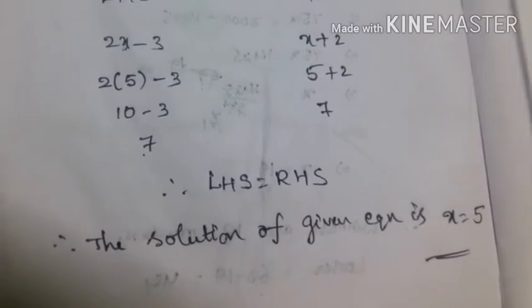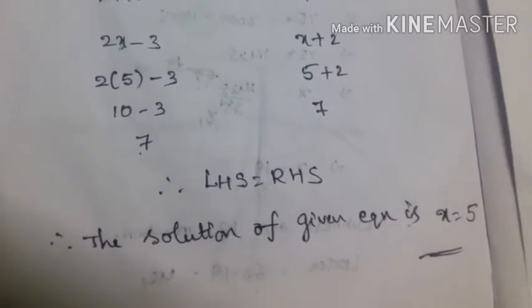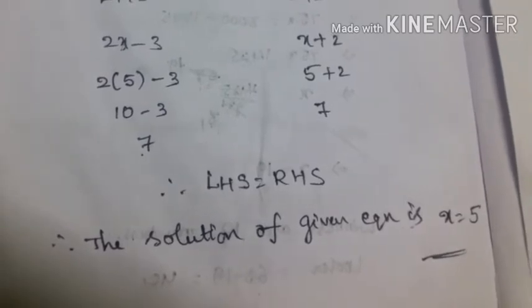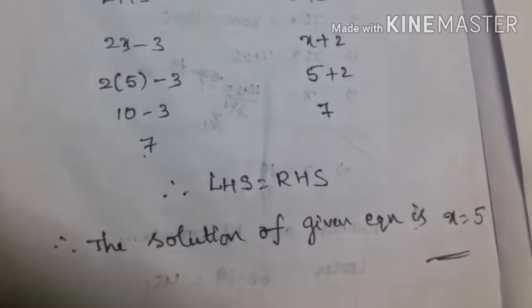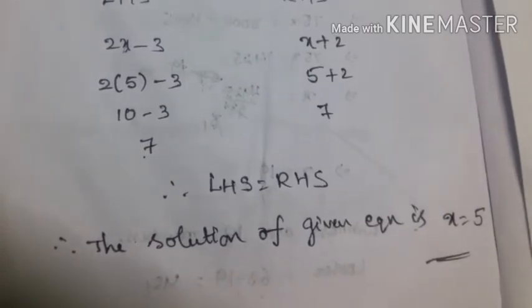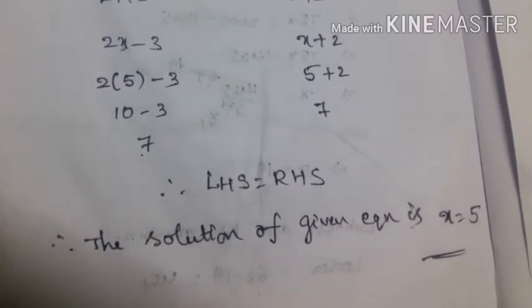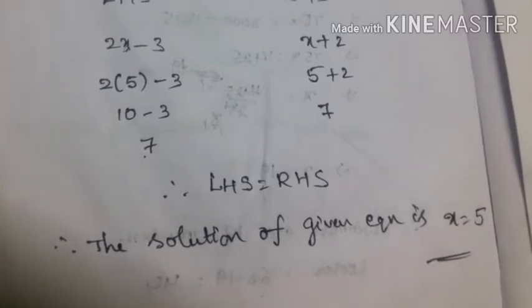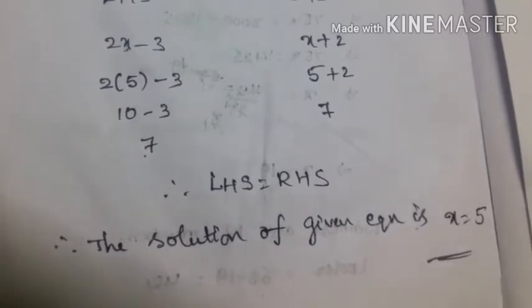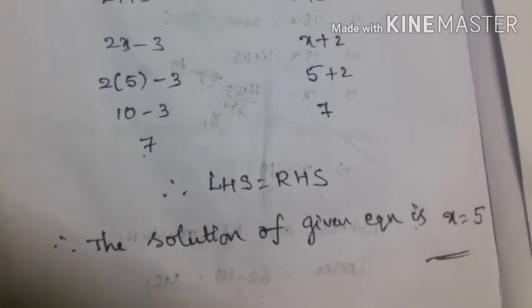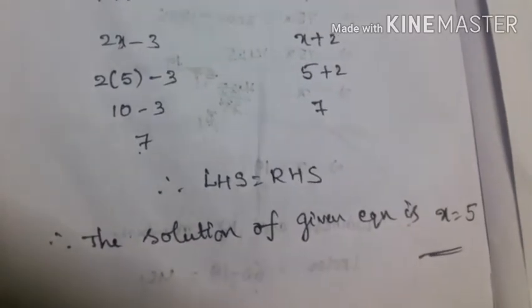So in this way we have to solve equations having variables on both sides, no problem. First of all, check whether it is a linear equation or not. Second, how many variables does it have? We are learning only one variable, so we have to take one variable only. Next, separate the variables and constants, then we will get a simple equation. Okay? Then only we find the solution. Clear? Next one.